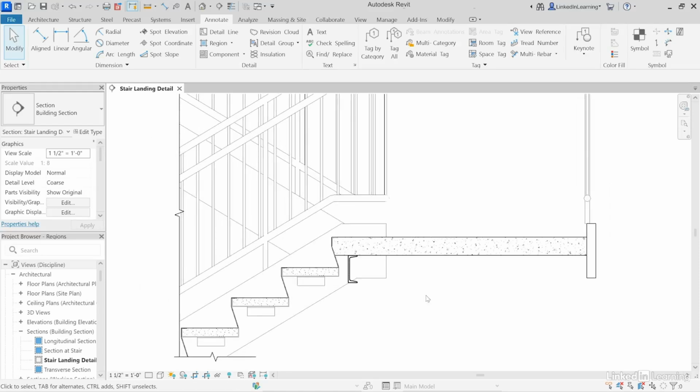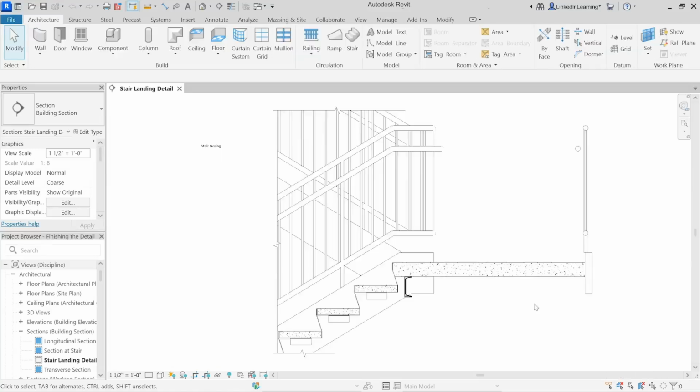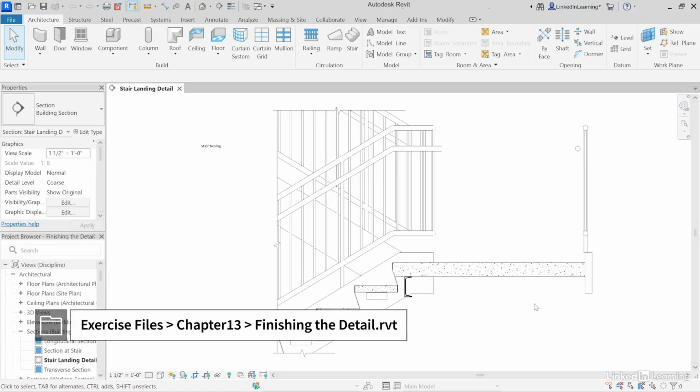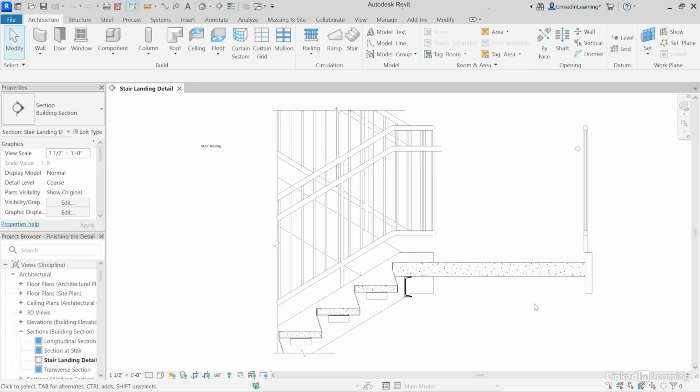Now we do have a few more finishing touches to do to complete this detail, and that will be the subject of the next video. So there's still a few more things we need to do to finish up this detail. In this video, I'm going to focus on adjusting some of the graphics and adding some notes to finish up the detail. So as far as the graphics goes, we're going to look at a tool that we've discussed previously,